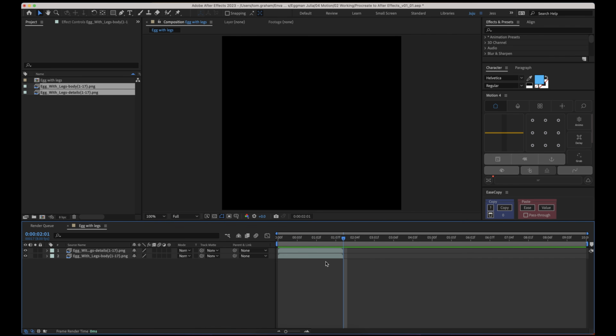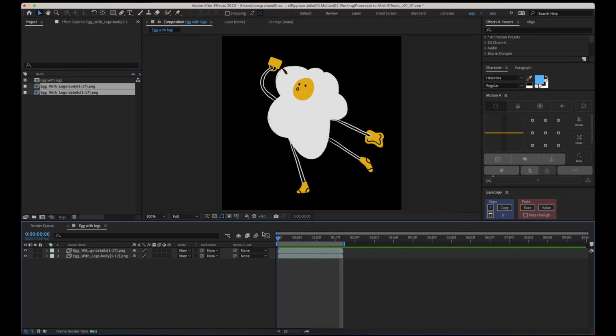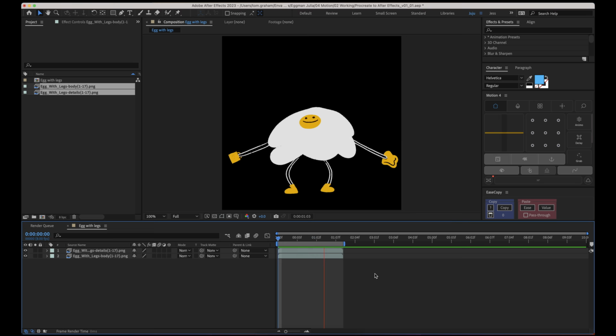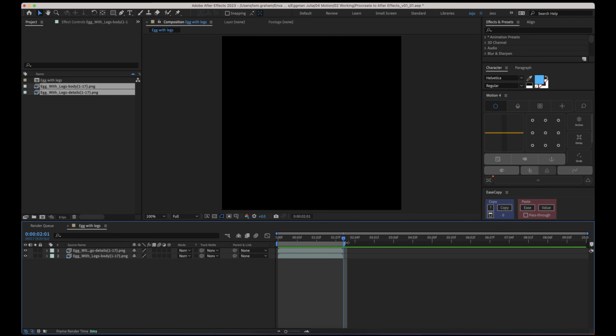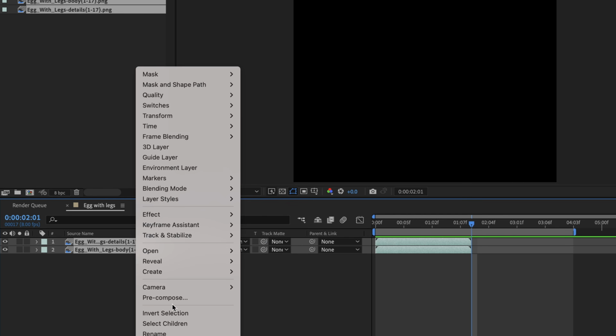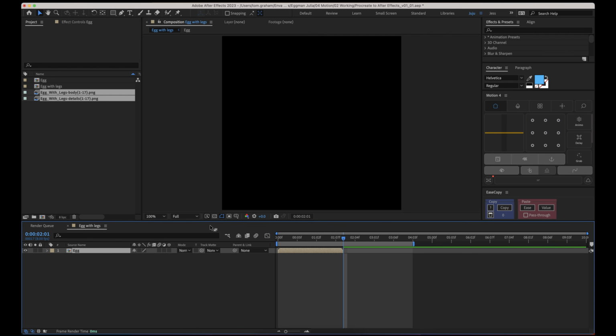So let's cut the timeline here with N. Go back one, N here. Now we have a looping animation, but the setting from the ping pong effect in Procreate hasn't come across. So maybe we need to make this double the length of the composition. Now let's pre-compose these so we've got them all in the same file, egg, and maybe let's duplicate this.